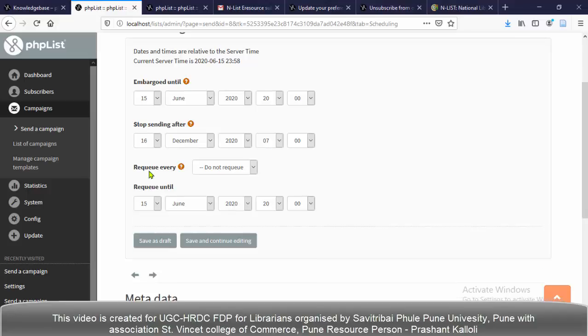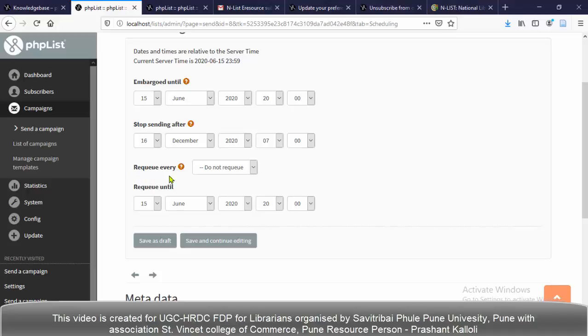There is another option. Actually, this is useful if you want to compose and submit a campaign in advance. It's a very useful tool. You can compose the send messages in advance, and the system will send them automatically.